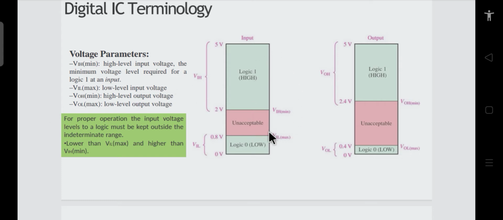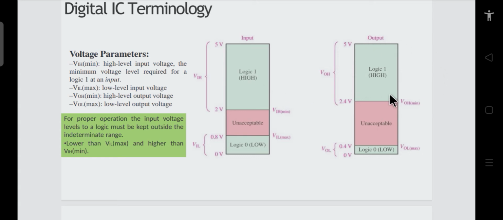These various voltage levels are given some names. This is VIH, I for the input and H for the high side, whereas this is VIL, I for the input side and L for the low side, and this has a certain range. This is 0 volt, and this is VIL maximum, the maximum input voltage which can be treated as low input. Then there is VIH minimum, the minimum input voltage which will be treated as high. This is how you define these voltage levels.